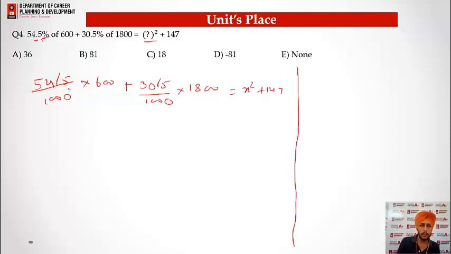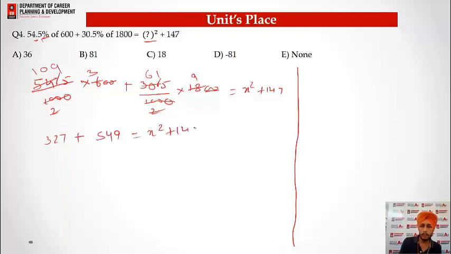147. So 2 zeros are cancelled out, and let's cancel 10 also. 5 10s are 50, 5 9s are 45, and 2 3s are 6. 2 zeros are cancelled out. 5 10s are 50, 5 6s are 30, 5 and the 5, and 2 9s are 18. So on our left side, that is 3 9s are 27 and 3 1s are 3 plus 9 and 54 is equal to x square plus 147.